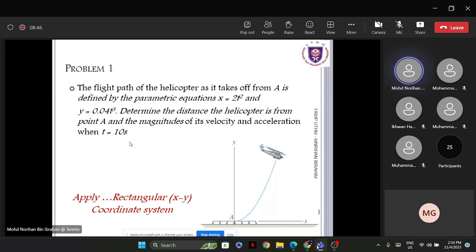So I've already explained how to find the distance and also how to calculate the magnitude and directions of velocity and accelerations in example 1. In problem 1, we have the same situation, but this one is a helicopter. I want you to try to do it on your own using the method of solution explained yesterday. And today we're going to continue on